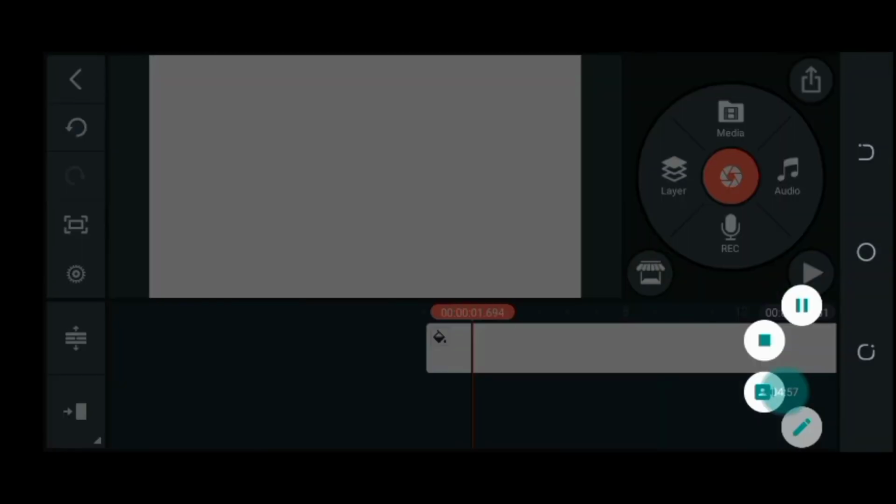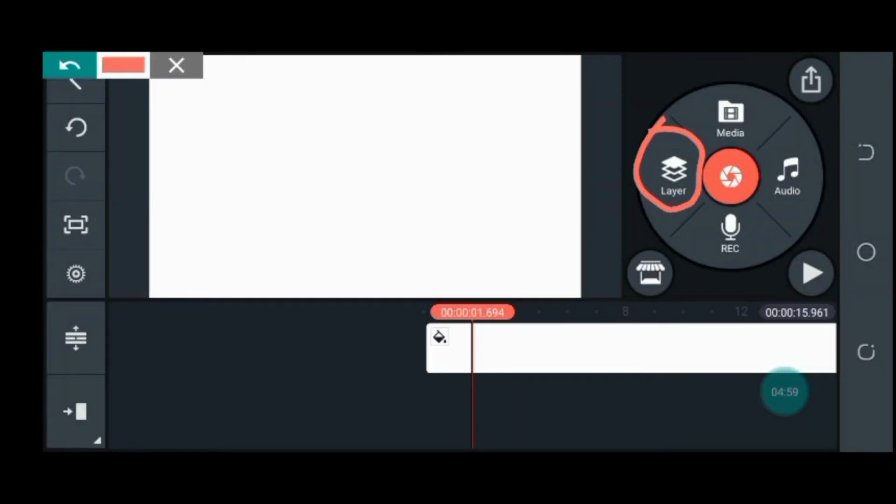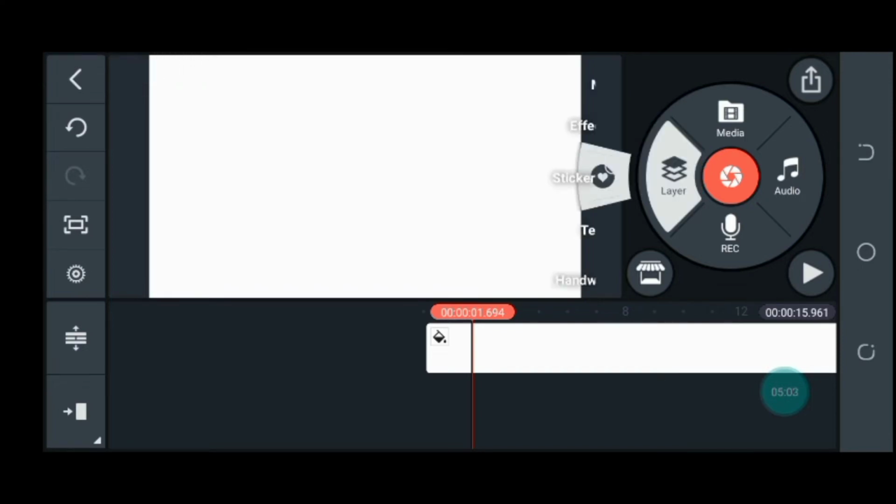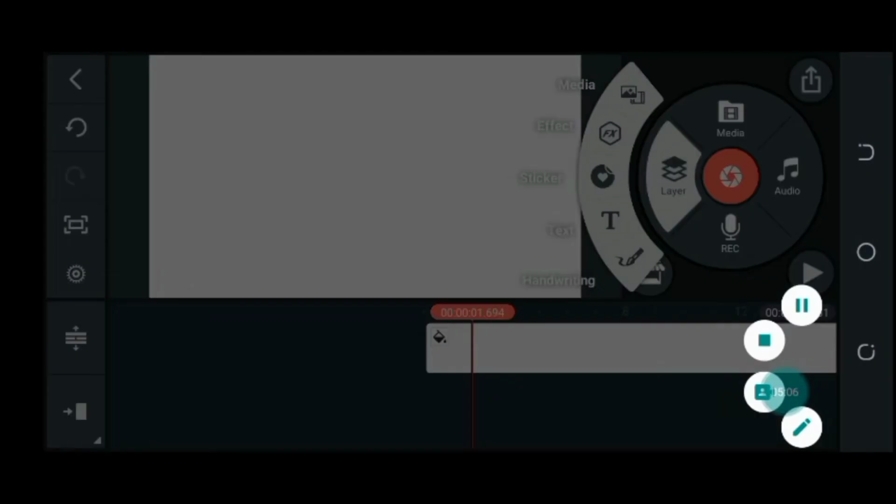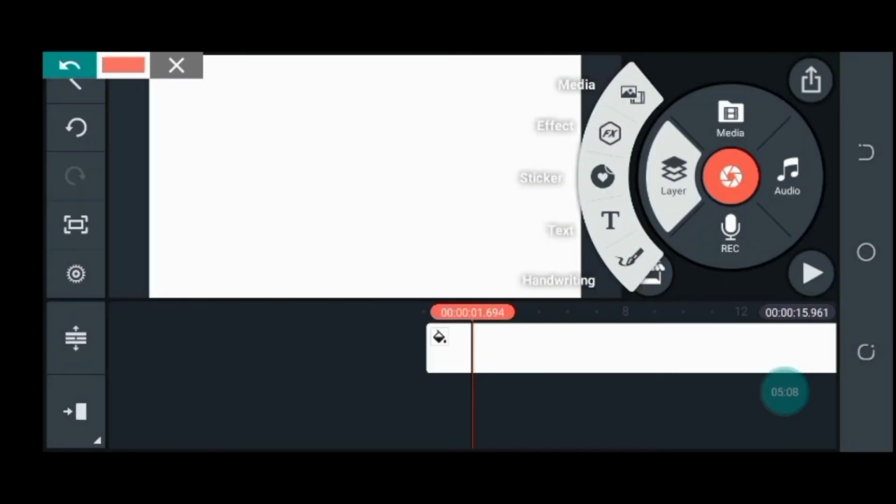The next thing up there you're going to see is the layer. Now, once you click on the layer, you notice that you have different tools under layer. The first thing here is the media under the layer. Now this media here under layer, remember, it's different from the first media you saw. This one is media under layer. So under layer, you're going to see media. So what this other media under layer means is that